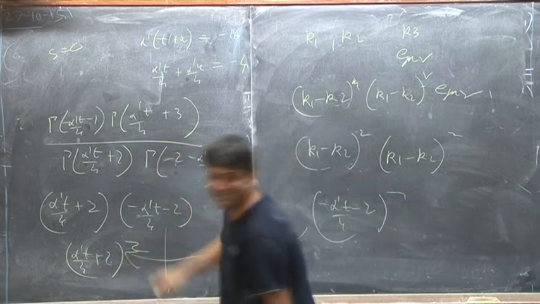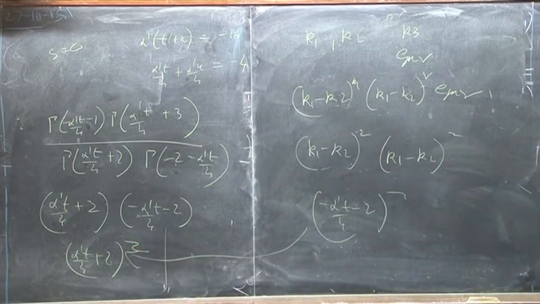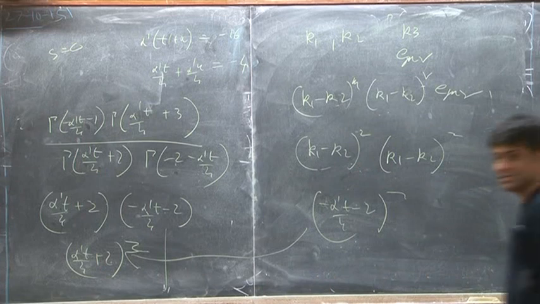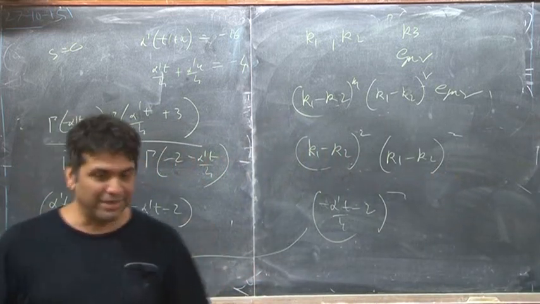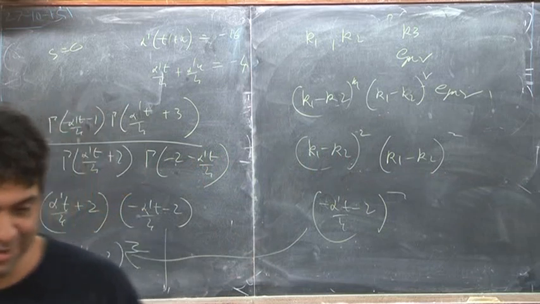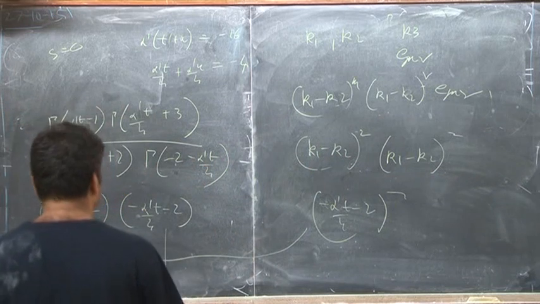Which is exactly what it is. So the residue for tachyon going through graviton to tachyon is exactly what you should expect